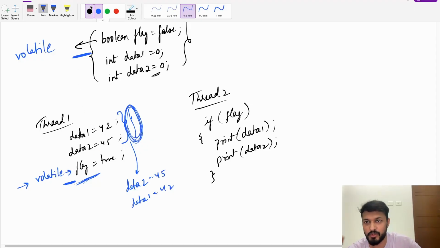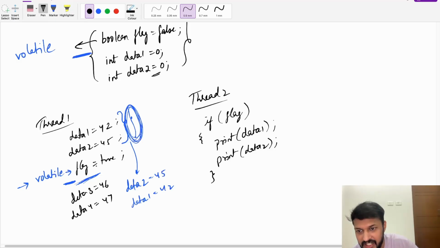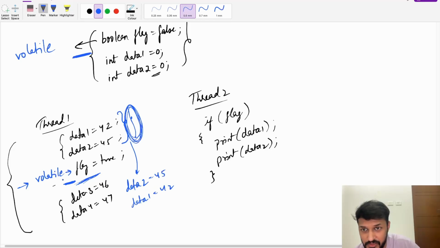There is also one more thing to notice here. Suppose there was data 3 equals 46 and data 4 equals 47 after this, okay? So suppose these were the 5 instructions that thread 1 has to execute. These two, then volatile, then these two, okay? As soon as you write volatile here, the CPU also knows that mixing of instructions which are executed after this